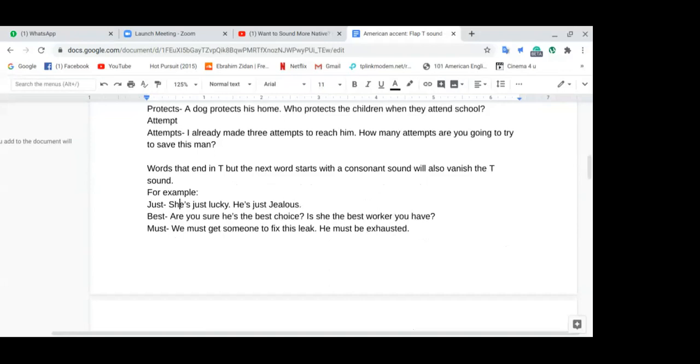Words that end in T, but the next word starts with a consonant, will also have this vanishing T sound. The T will disappear. For example, take the word just. You definitely hear the T at the end of the word just. But if you say it in a sentence, such as,